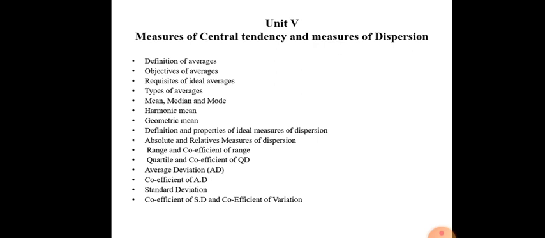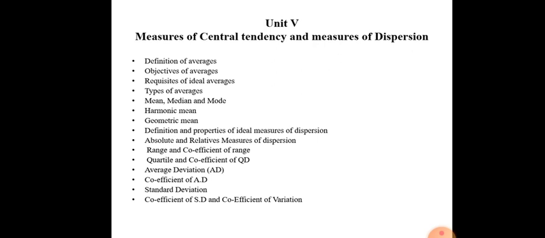as well as the harmonic mean. The harmonic mean is the reciprocal of the arithmetic mean of the reciprocals of the various items of a series. As well as the geometric mean. Geometric mean is the nth root of the product of n items. Okay, so as well as we have to see the definition and properties of ideal measures of dispersion,